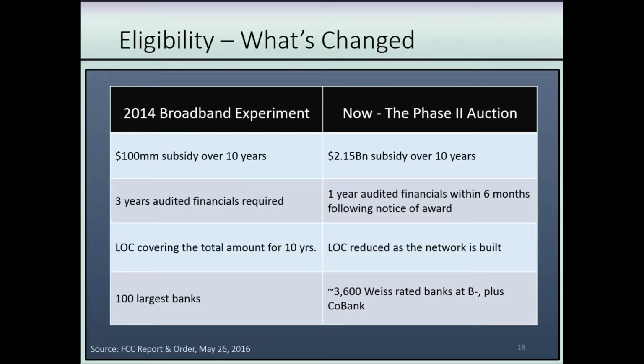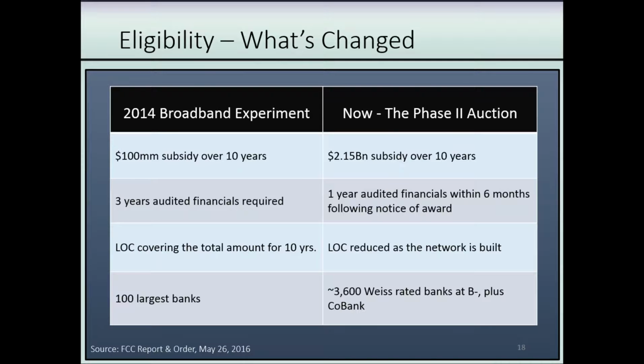And the letter of credit would be established by a bank to support you, and should the FCC determine that you have failed to meet the performance, they will provide notice to you with a 6-month right to cure, as the rules are established per the report and order of May 26th of this year. And so they will give you 6 months to cure. They don't want you to fail. They want you to win. They want you to meet your commitments. And if you fail to cure after 6 months, they have the right, and likely will, pull the funding that has been provided to you.